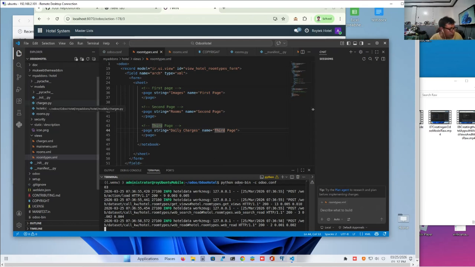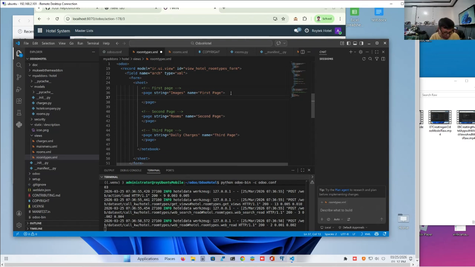Usually a page should contain a field list or a form. For the set of images, we are going to use a form view. So we can embed a form view inside the page, and we can also embed a list view.